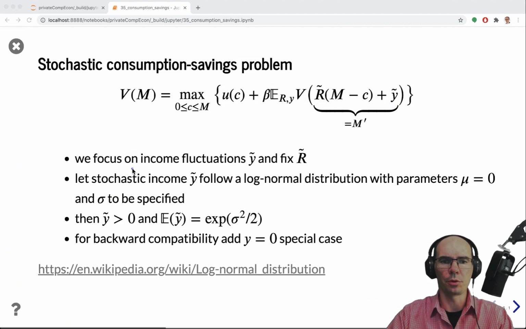Here we will focus on the income fluctuations, and for now we'll just fix the return. In principle, it's possible to have both being stochastic, but then we would have to calculate the two-dimensional quadrature, which I think is the next step. Today we will start with the one-dimensional